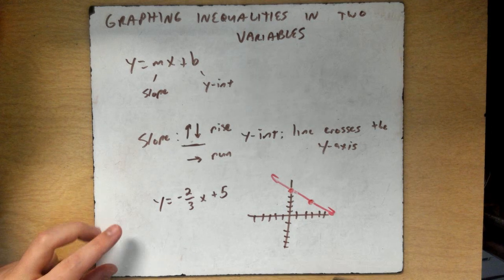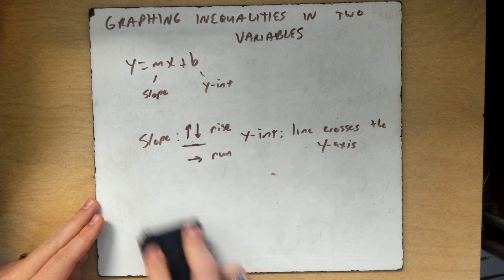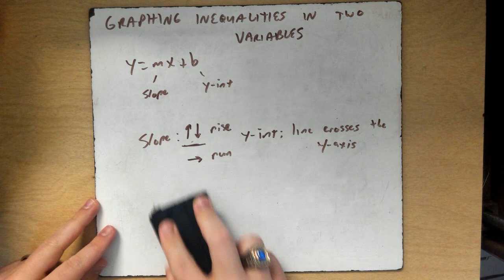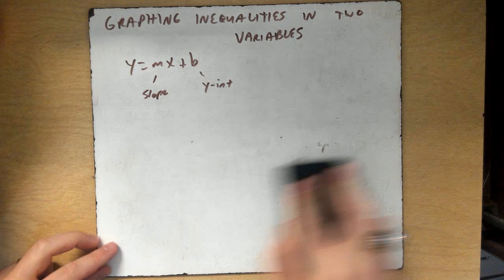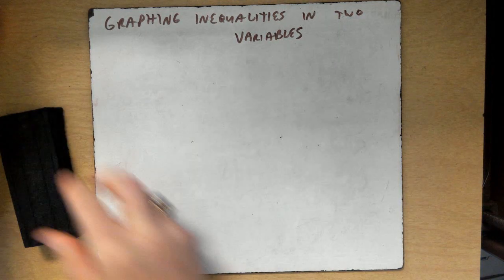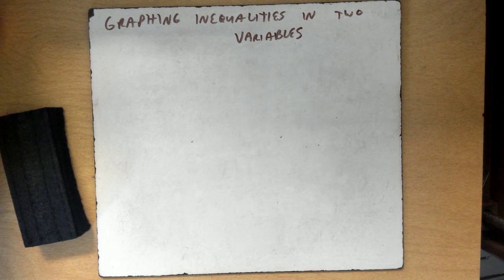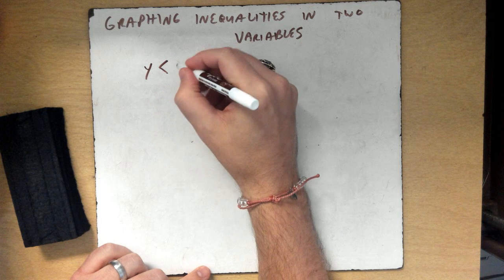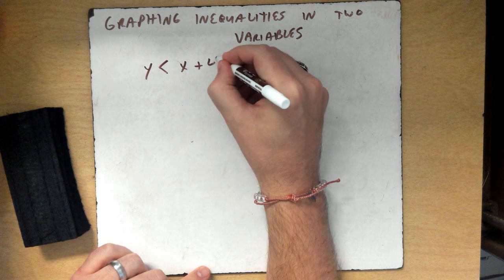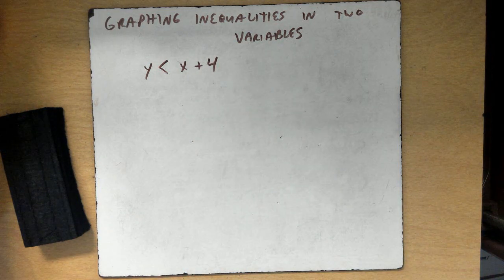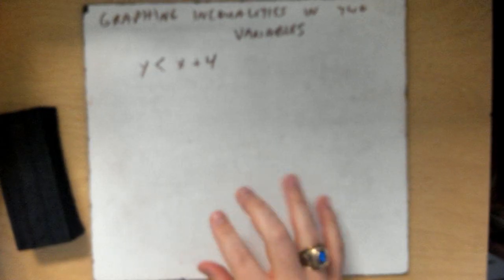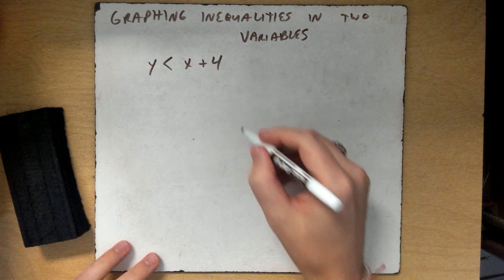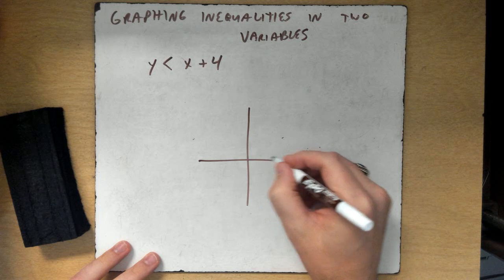Now, we're going to change it up a little bit. Same rules, but I'm going to add inequalities in there. So let me give you this: y is less than x plus 4. Let's give you that. So if I give you this, and I graph it,